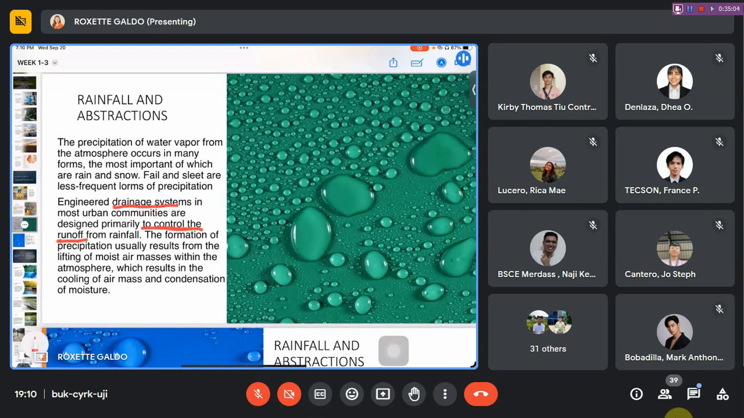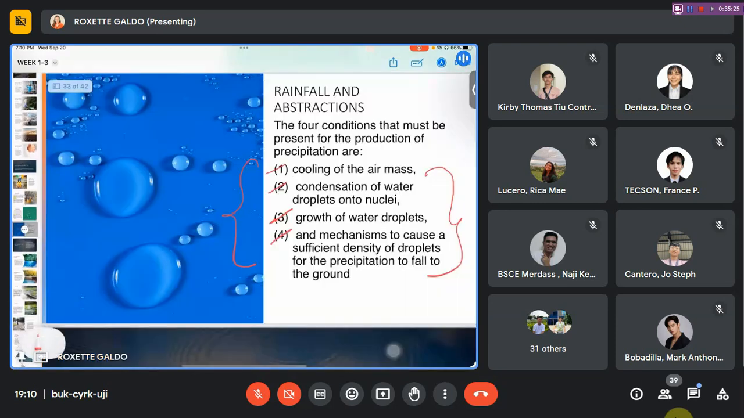Basically, in the case of DPWH and the local government unit, as you can see, there is the construction of pipe culverts and box culverts. So those are drainage systems that are designed to control runoff from the rainfall. Okay. So since we are very much concerned,